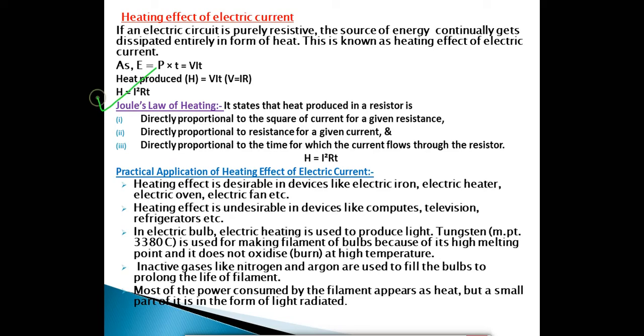Now we will read about Joule's law of heating. It is also one of the important topics. State Joule's law of heating. So it states that heat produced in a resistor